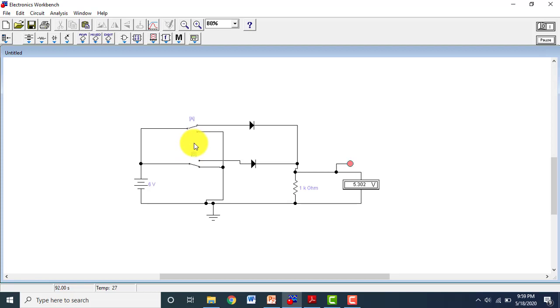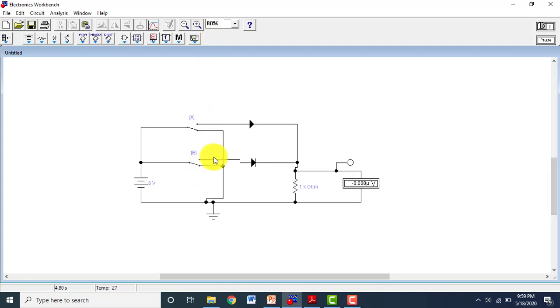Now let's press for 1 1. So A should be also high and B should be also high. To make both the connections at logic high, we will press A and B to connect them with the positive terminal of the battery. Now both of the diodes are connected with the positive terminal of the battery and both A and B are at logic high.